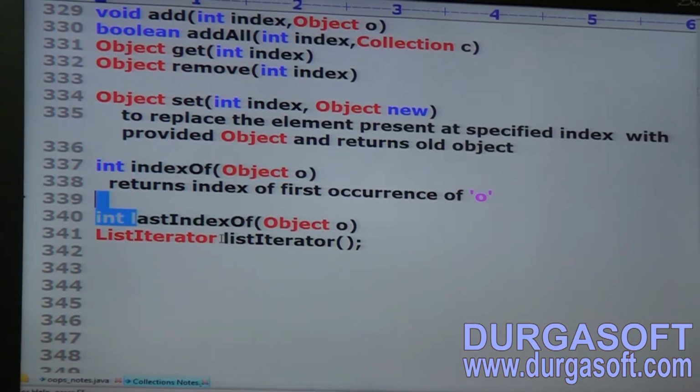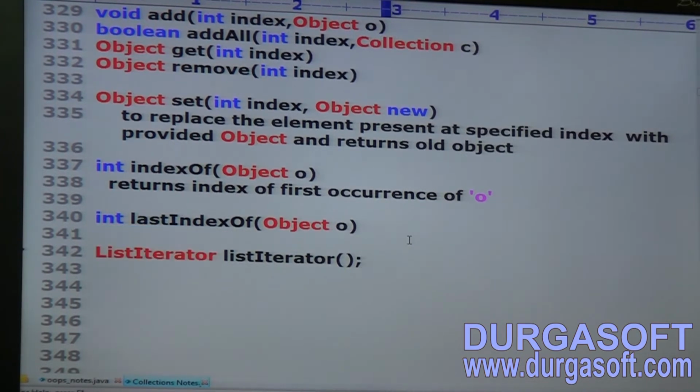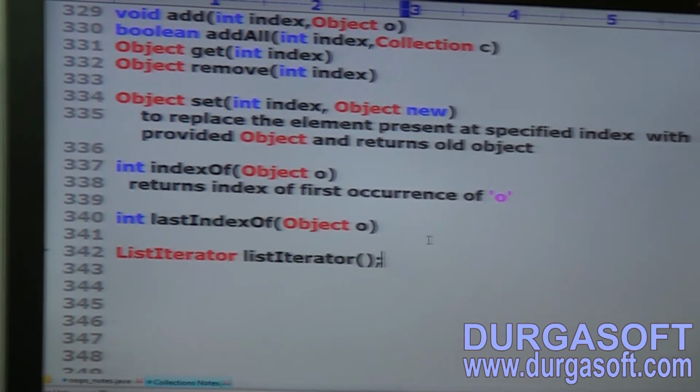And then what? ListIterator. The return type is nothing but ListIterator, right? Same 8 methods whatever there. These methods we can apply only on list objects, list implemented class objects.